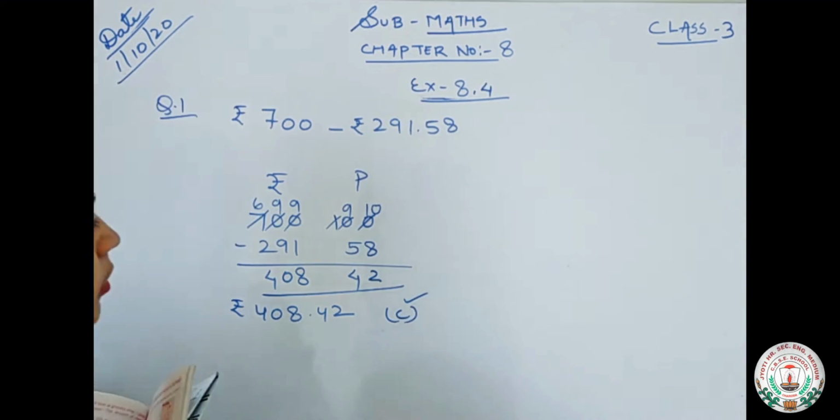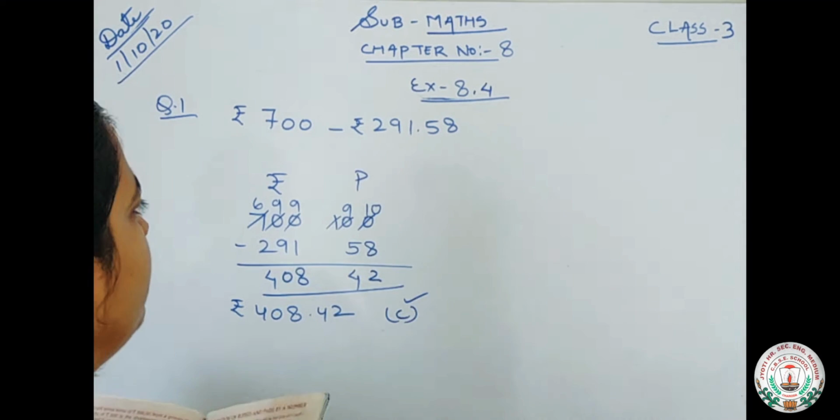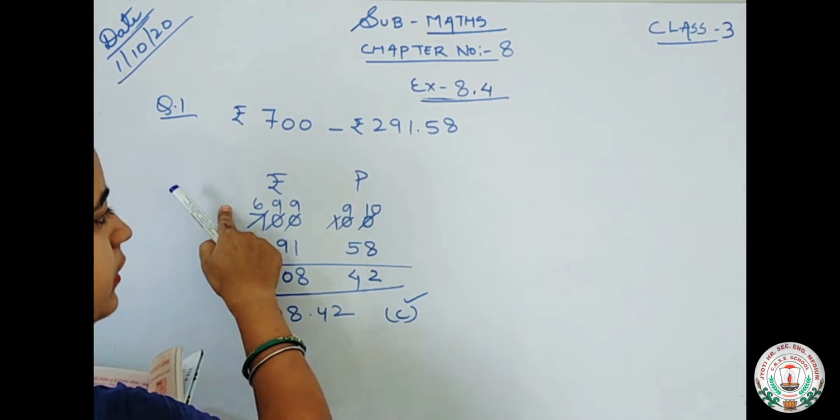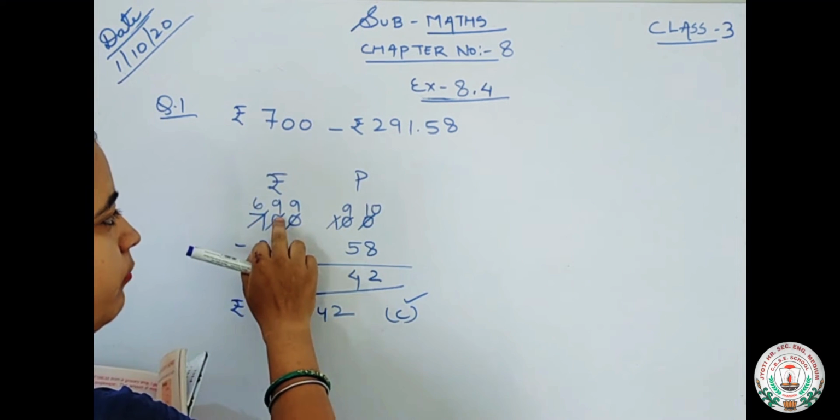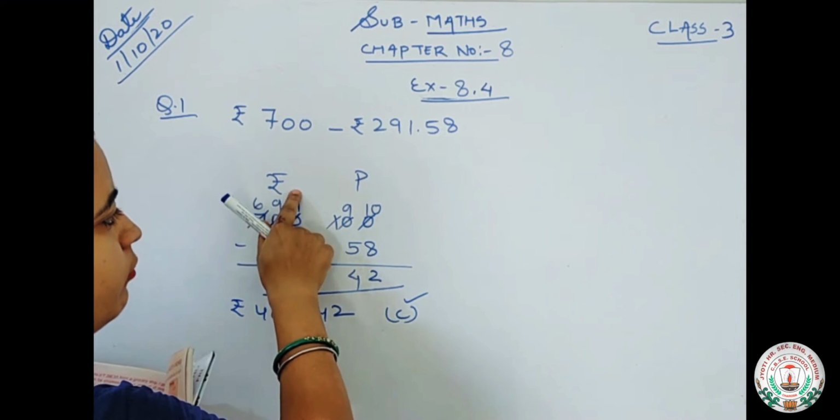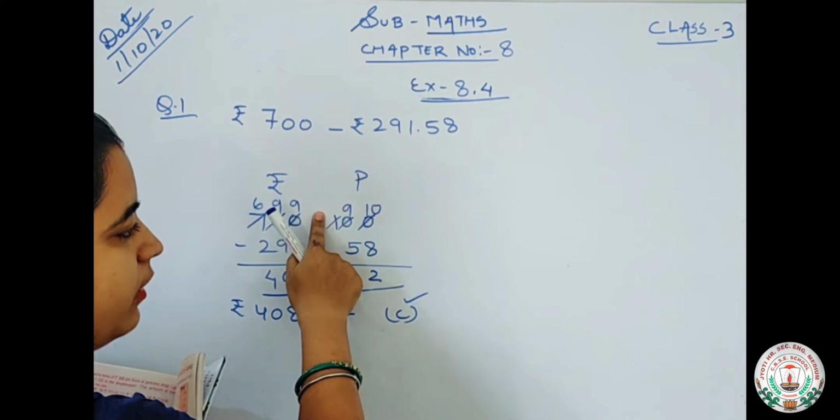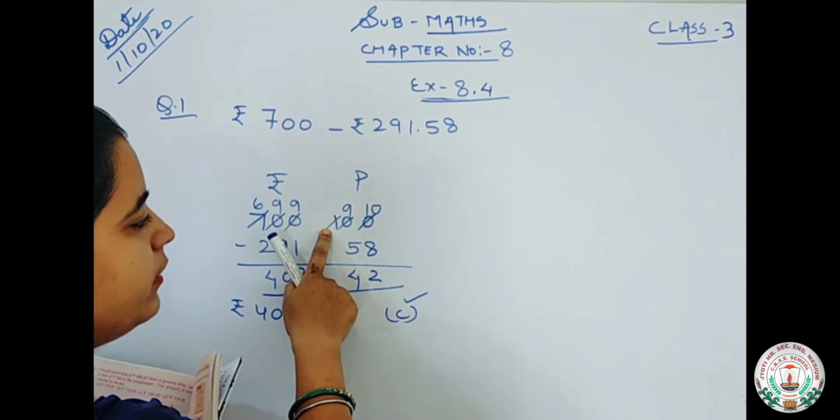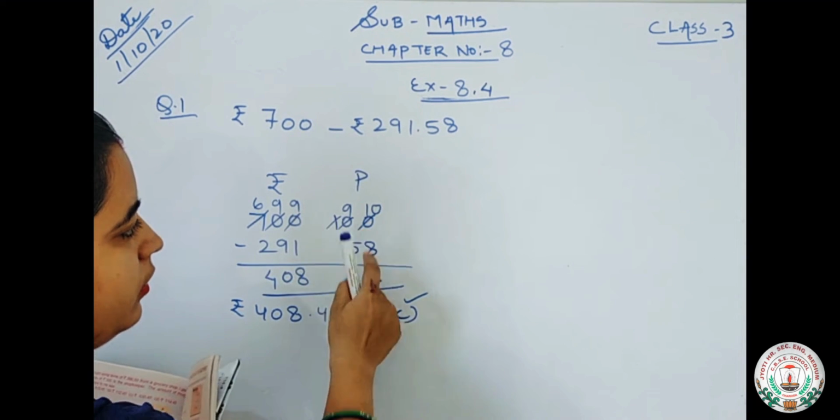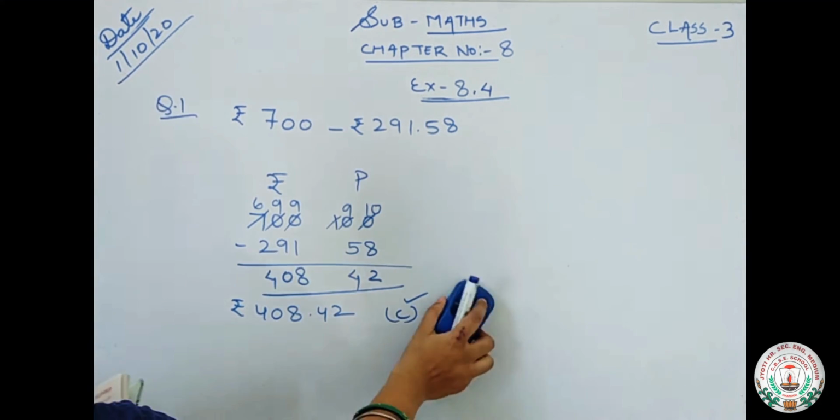So you will tick option number C. Children, remember one thing: when we are borrowing from rupees into paise, 1 rupee is equal to 100 paise. So we will write here 100 and then we will take carry from here. Next one is